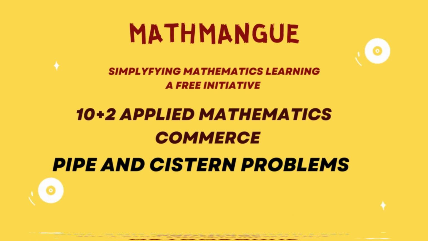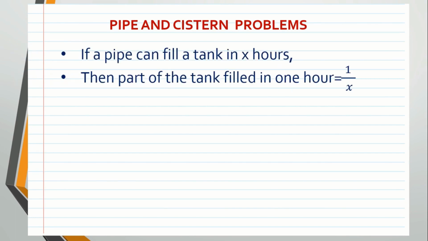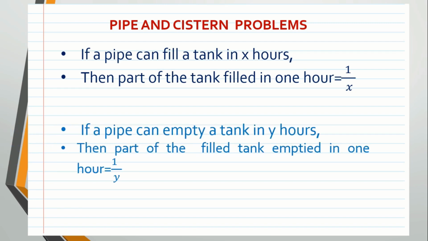I'll give you some points you should note down in a notebook, and I will solve one problem also, so that you will get the best idea how to tackle these kinds of problems, right? Pipe and cistern problems. The first question which usually we can ask is, if a pipe can fill a tank in x hours, then the part of the tank filled in 1 hour will be 1 by x, children. If a pipe can empty a tank in y hours, then the part of the tank emptied in 1 hour